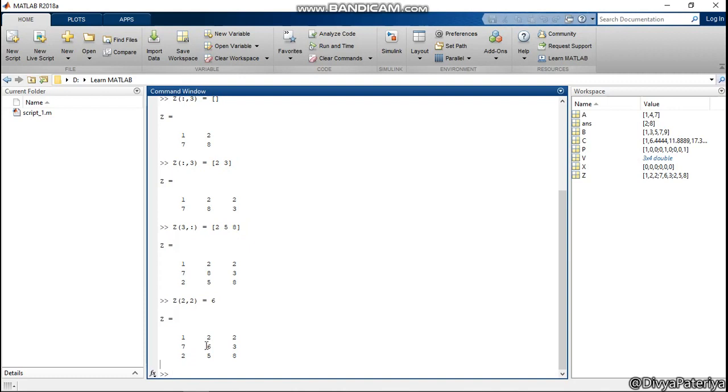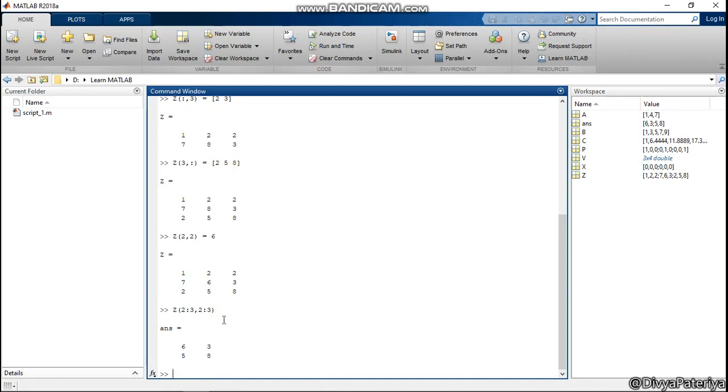Now suppose I want to extract 6358 from my Z variable. So how will I extract these values? I will write Z, brackets, and the rows from 2 to 3, and I also want columns 2 to 3. So we can also address using from which value to what value. If I press enter, I will have 6358.